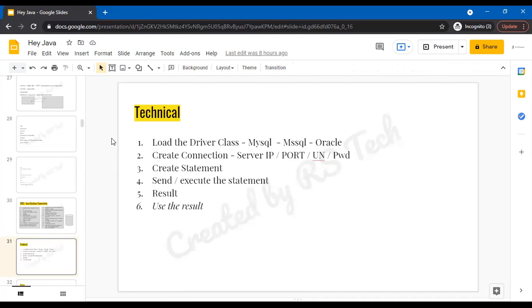And then, coming to the technical part, that was the analogy of how JDBC works. This is the pure technical part of how JDBC works. This is fundamental. Even though you use Hibernate, you should always know two things: one is servlet, the other is JDBC. These are like the building blocks above which everything is built. So at least for now, you cannot ignore these things. You should know these in detail.